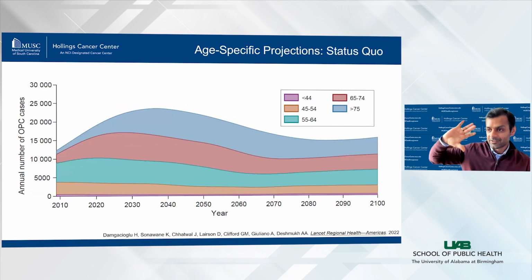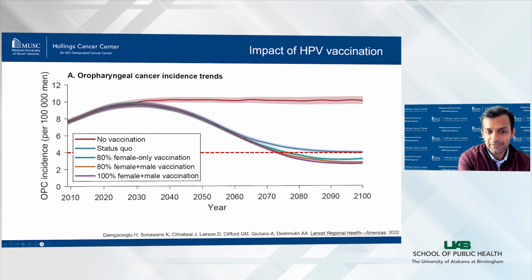And if we look at the age distribution of oropharyngeal cancer burden, in the future years, the majority of the burden will occur among men who are in their 60s and 70s. So there will be a shift in the age distribution of oropharyngeal cancer burden in the future years. What we also observed is that currently HPV vaccination coverage is suboptimal, but